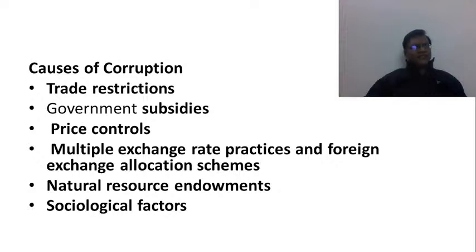Let us try to understand this from India's perspective. Why do we have so much corruption? Look at India. Political factors. The most important reason why we have so much corruption is political factors. What are we talking about here? What we are saying is that this corruption is because of the functioning of our political system.